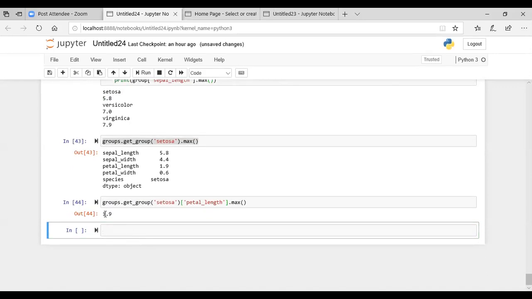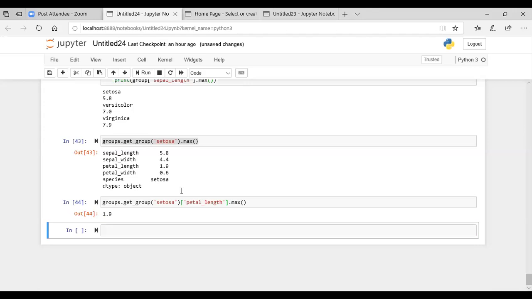So you can see that its value is 1.9. The same is over here, petal length is 1.9. That means if you want to extract only some specific column from the group, you will do it with the help of this. For all the columns, you don't have to mention the column name. If you are interested only in a specific column, mention the name of the column here.